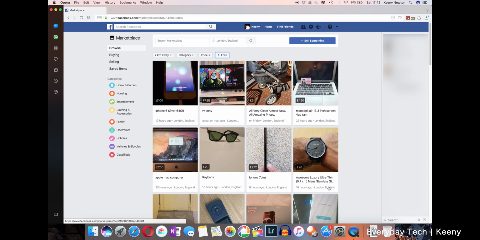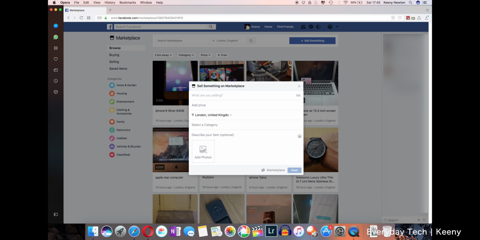I'm here to list my old MacBook White, and that's something that I will be selling. Let's take a look at how we start with that. So you click on sell something. What are you selling? I'm selling my MacBook White. At price, I want to sell it for £120. London is fine. I will put the category as computer,